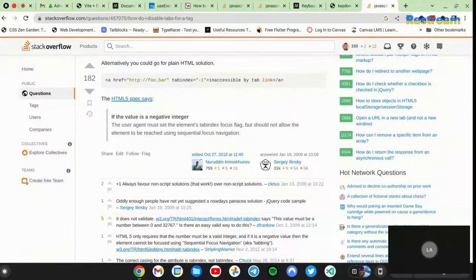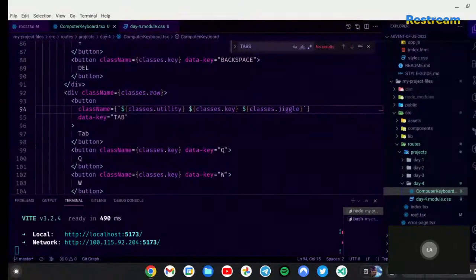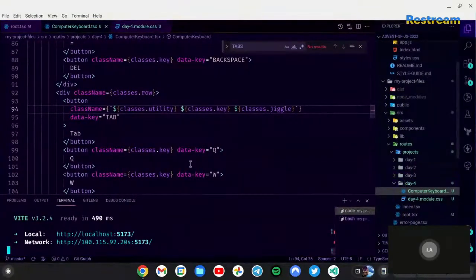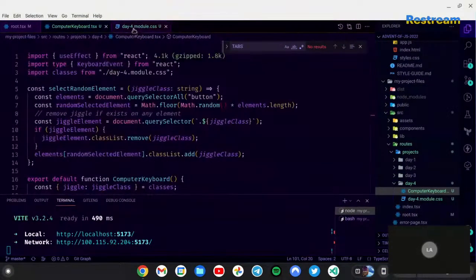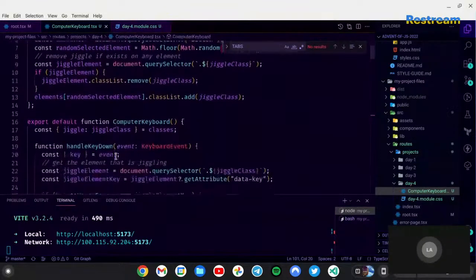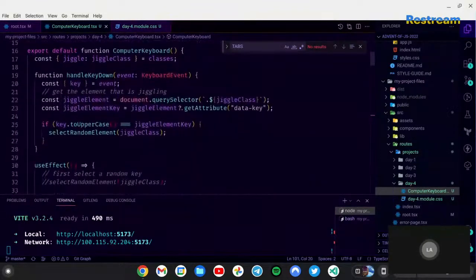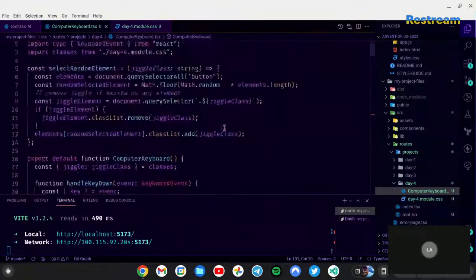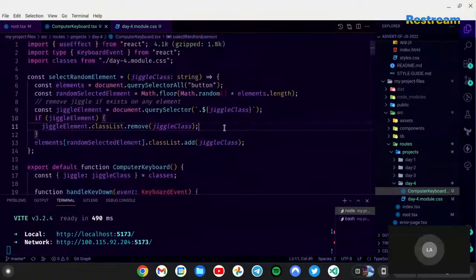Let's see. I want to see something. I don't think I'll be able to do that. Tab index equal to minus 1. Then I will be disabling it for the whole page, for all of the documents, but I want to disable it for only this page, right? The problem now also is that